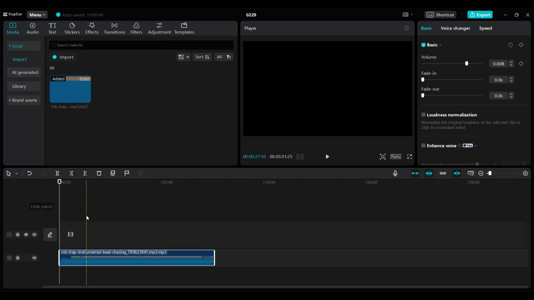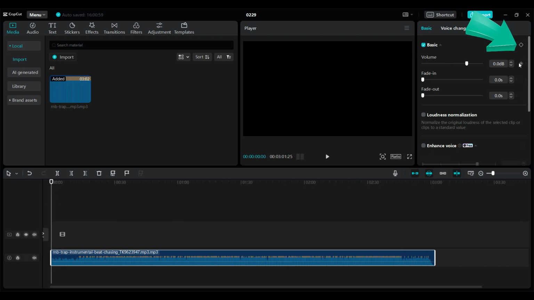But for instance, you want to do a custom fade in and fade out. Well, here's something you can do about it. I'm simply gonna add a keyframe right here at the beginning. Decrease the volume,